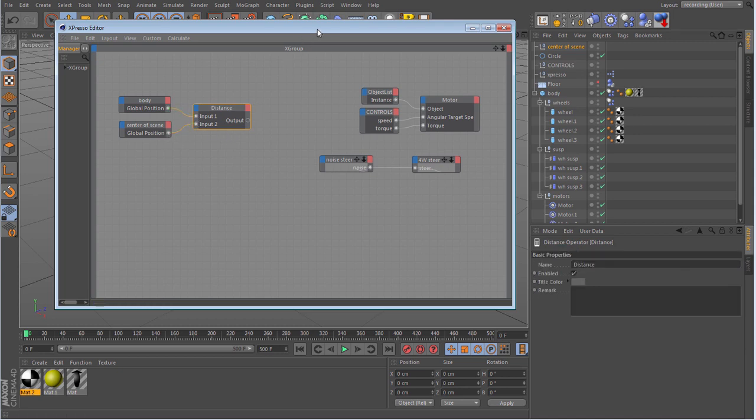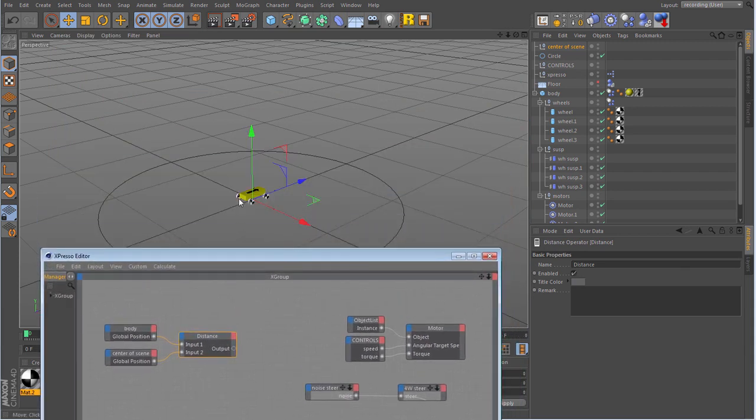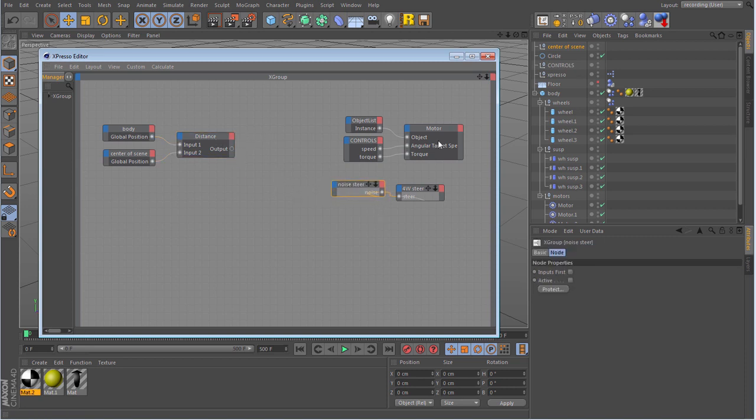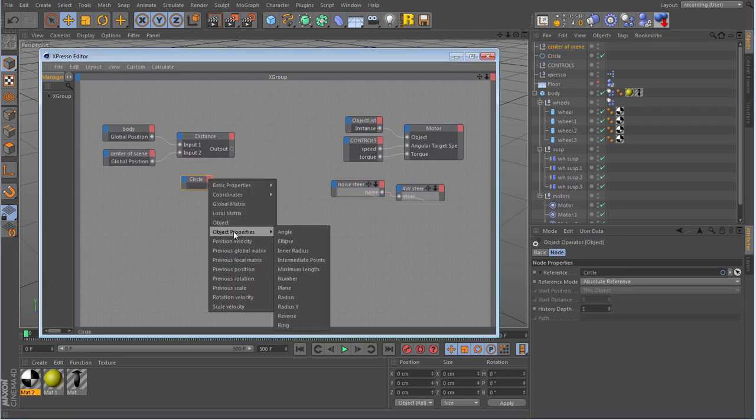Okay, now I want to know when this car is further from the centre than the radius of the circle. This circle is just there as a visual aid at the moment, but I'm going to leave it in place because it really helps with the old troubleshooting. So I want to know when the distance is greater than the radius of the circle. So drag the circle in. Object properties, radius,